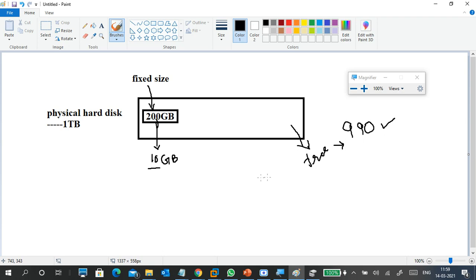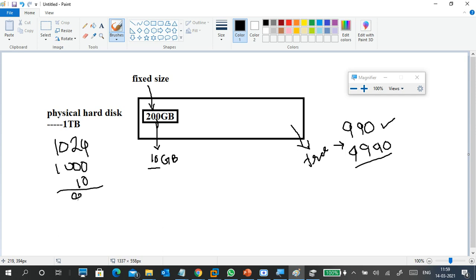Okay. Good. So actually 1 terabyte means 1000, right? Actually 1024, but think like 1000. You subtract 10 GB.